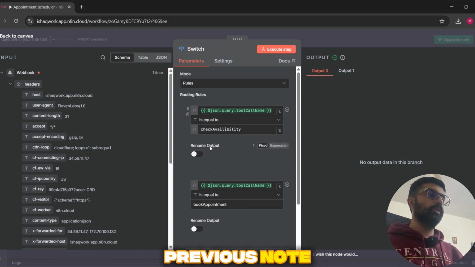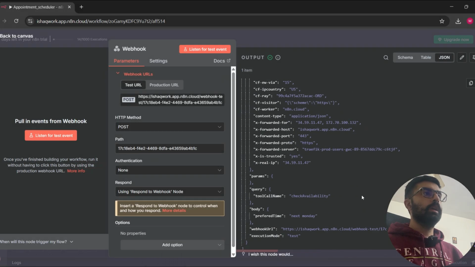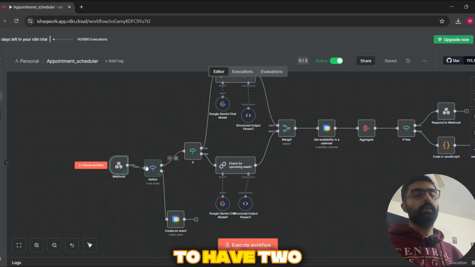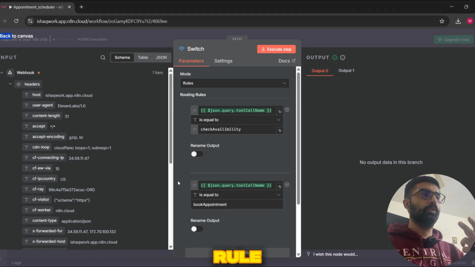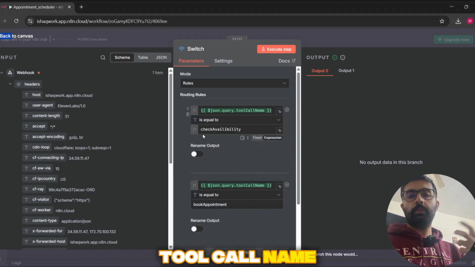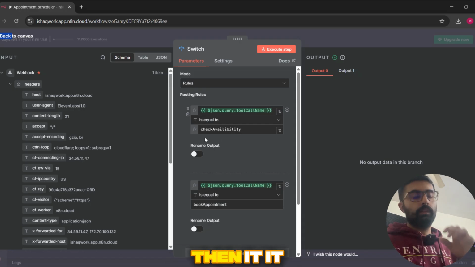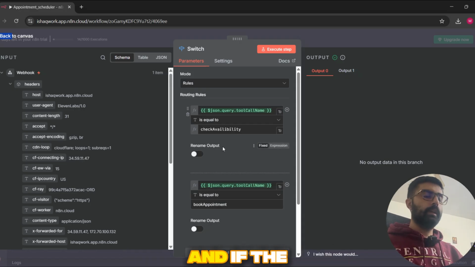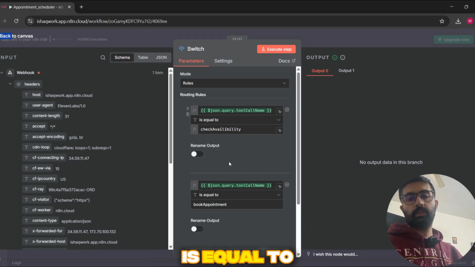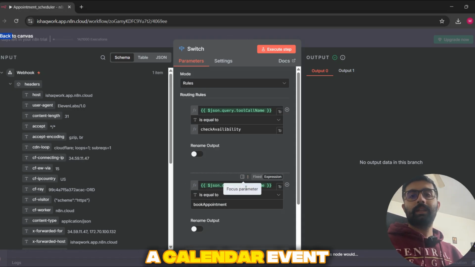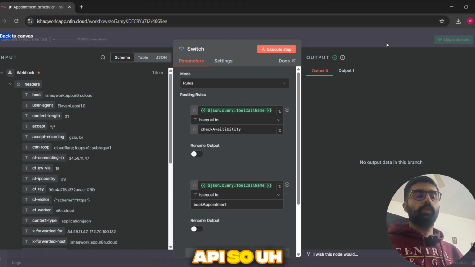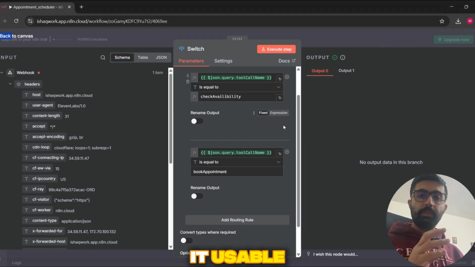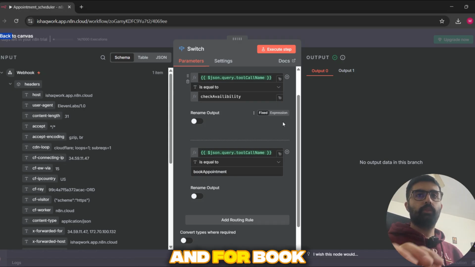So this switch node basically decides the next action based on the tool call name. From the previous node, the switch node is going to have two routing rules. One rule is for check availability and the second rule is for book appointment. So if the tool call name is equal to check availability, then it checks for calendar slots, and if the tool call name is equal to book appointment, then it creates a calendar event in your Google Calendar API. So the switch makes it reusable for both check and book actions